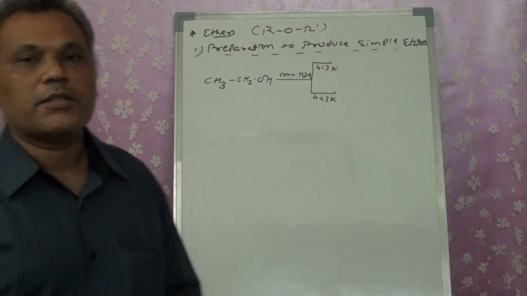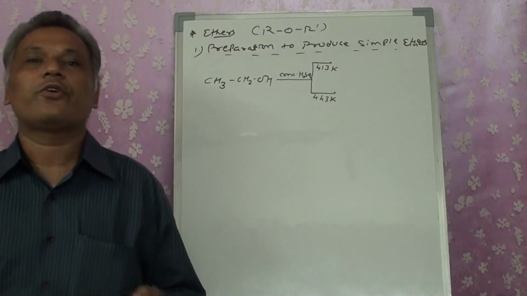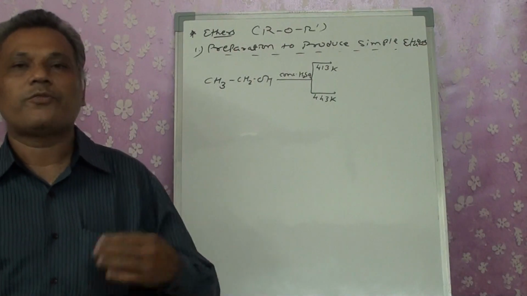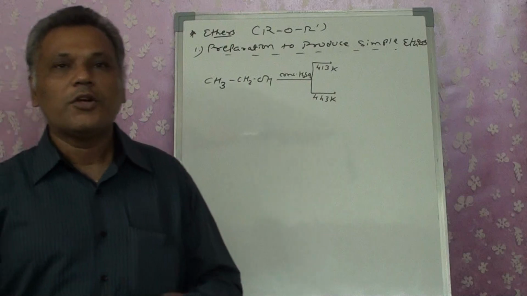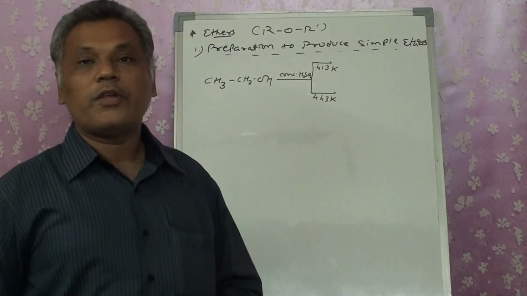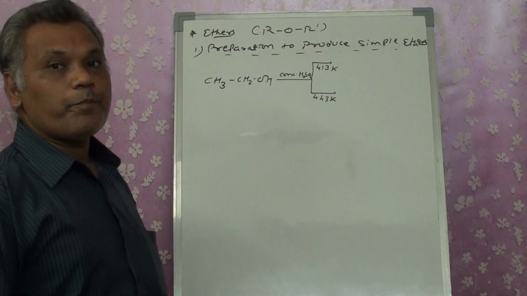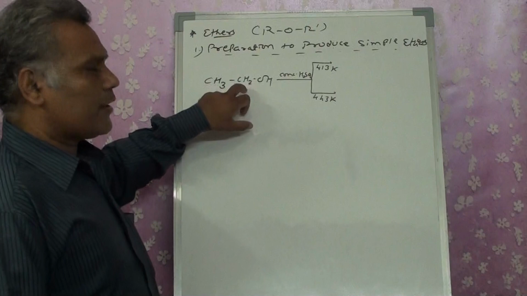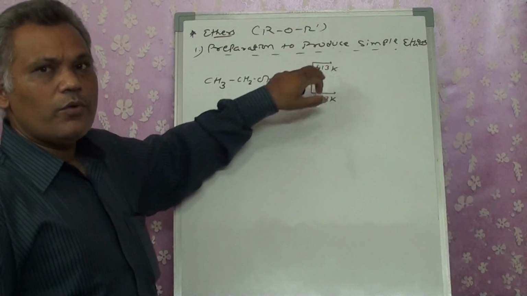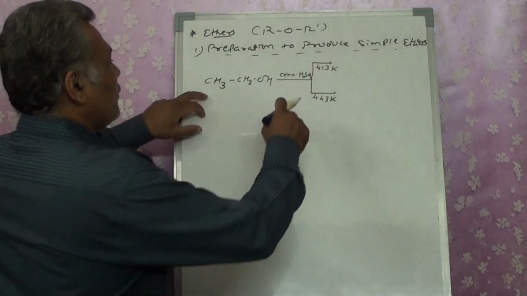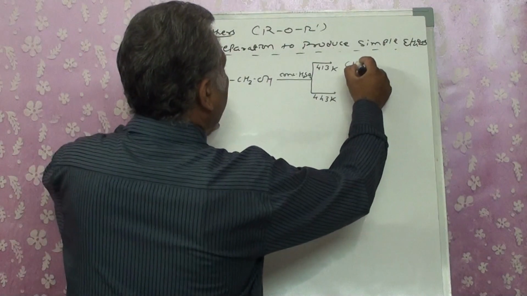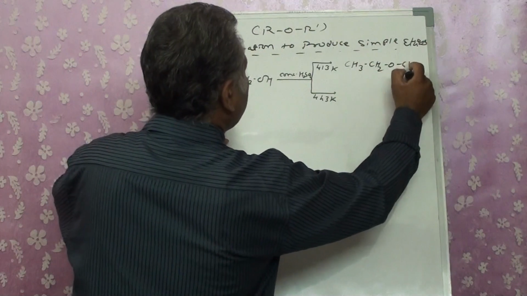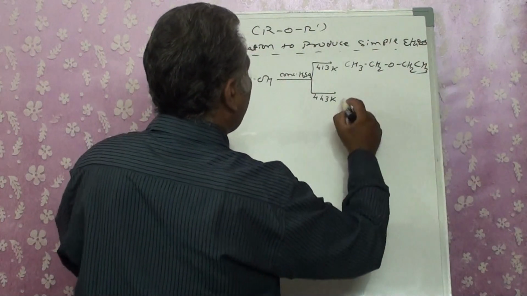Many times students ask, sir, if temperatures are not specified, what will be the problem? If there is a small change in the temperature, if in place of 25, I write 27 degrees Celsius, what is the effect? This reaction helps us understand why temperatures are specific. Here, the reactant is the same, the reagent is the same, only the temperature differs. If I carry out the reaction at 413, the product I am going to get is CH3CH2OCH2CH3. Why?